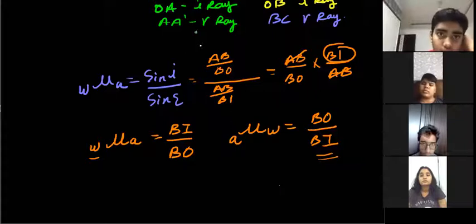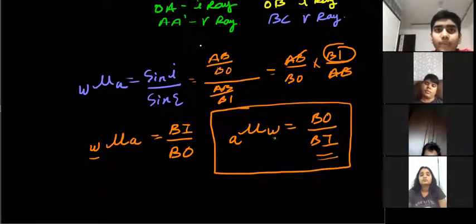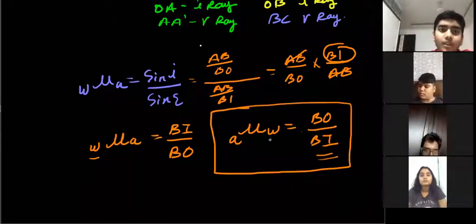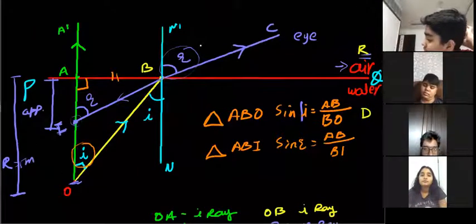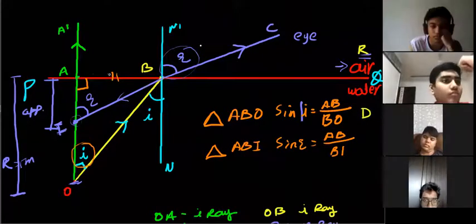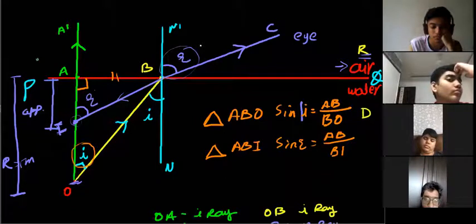Now I'm going to do a small magic. Okay, तो ये तो पता चल गया हम लोग को. चलो, refractive index of water with respect to air equals to BO upon BI. Now हम लोग ने ये पॉइंट A और B बहुत दूर ड्रॉ किया हुआ है. We have drawn it very far away. Now just imagine कि A यहाँ पे था. A is right here. Let me change the color because ये तो सब मिक्स ही हो रहा है इसके अंदर. And B is right next to it.